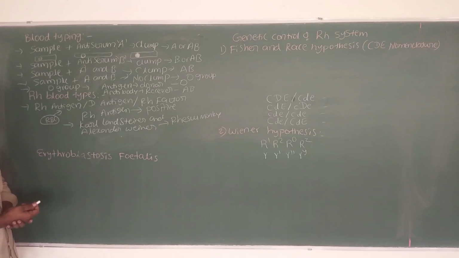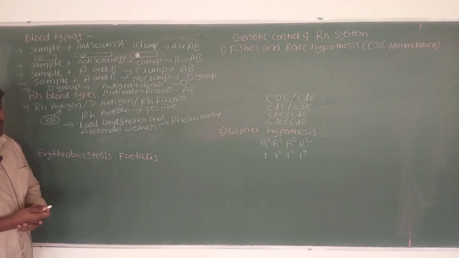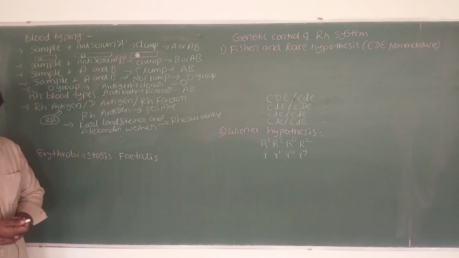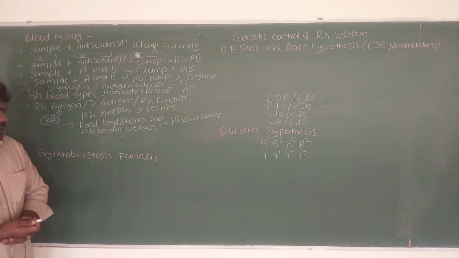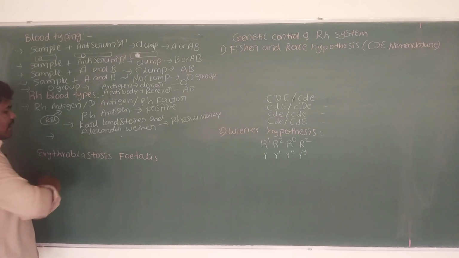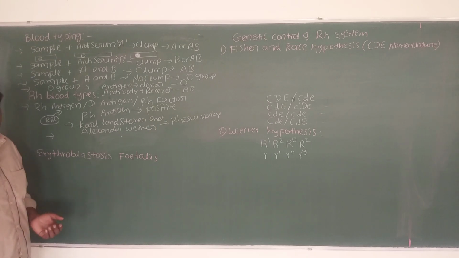That is about the Rh antigen. If the Rh antigen is present, they are called positive blood group people. If the Rh antigen is absent, they are called negative blood group people. After completion of this, we have to see the Rh antibodies. Actually, in ABO blood grouping, we saw that the A antigen is there, the A antibody is there, the B antigen is there, the B antibody is there. But naturally, the Rh antibody is absent. Rh antibodies are absent. Naturally, in Rh negative people also, we can't see the Rh antibodies.